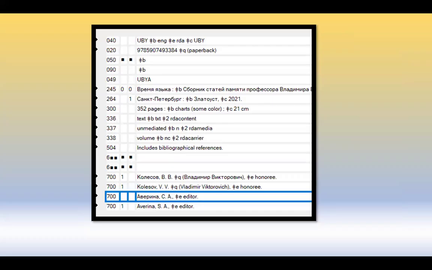Some catalogers prefer to include names of persons and institutions in both Latinized and Cyrillic forms. Check with your institution for specific preferences or rules. You can link those fields now or later, and I will show you how to link it. I usually do it after all the transliteration is done, but that's my own preference. To link fields,